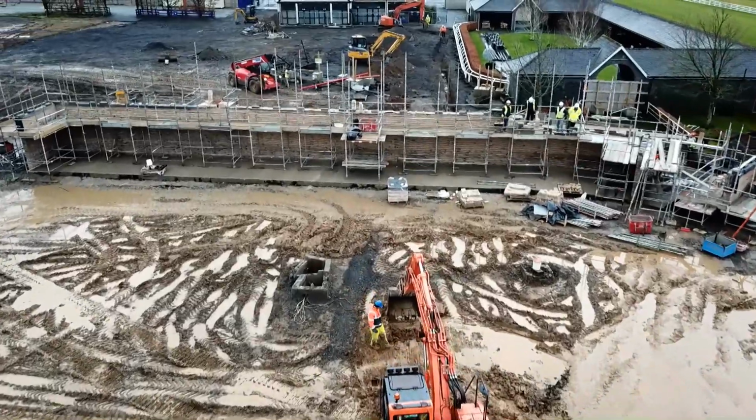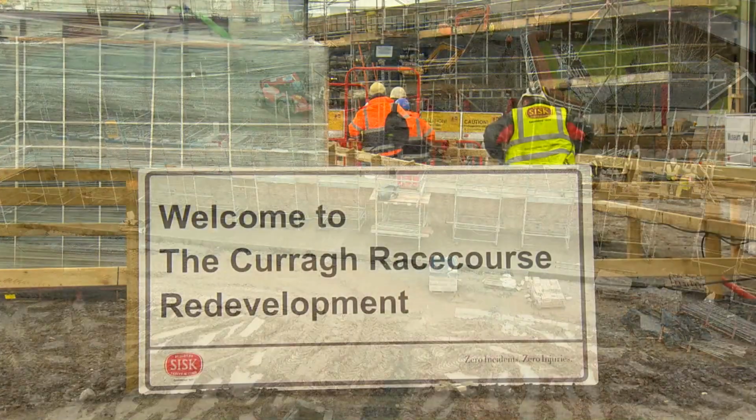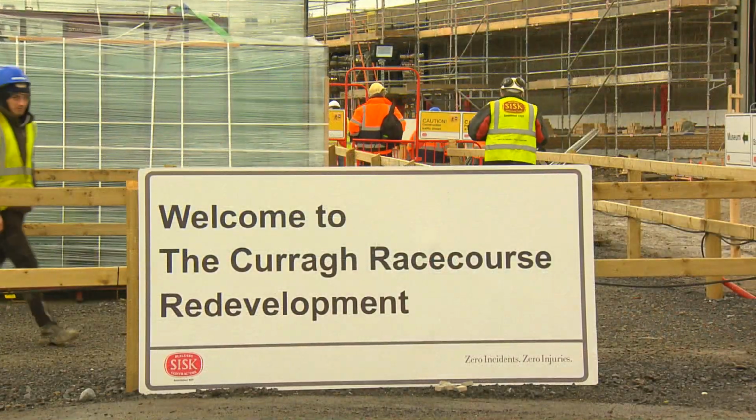We know the racing is going to be good, and we know the track is in great condition. We're building a business that is here primarily to host racing, but it's also a diversified business in that we have training ground allied to it. With the new structure, not only will we have facilities that will be able to offer much higher levels of comfort than we've experienced before in world-class facilities, but we'll also be able to add elements such as a bistro